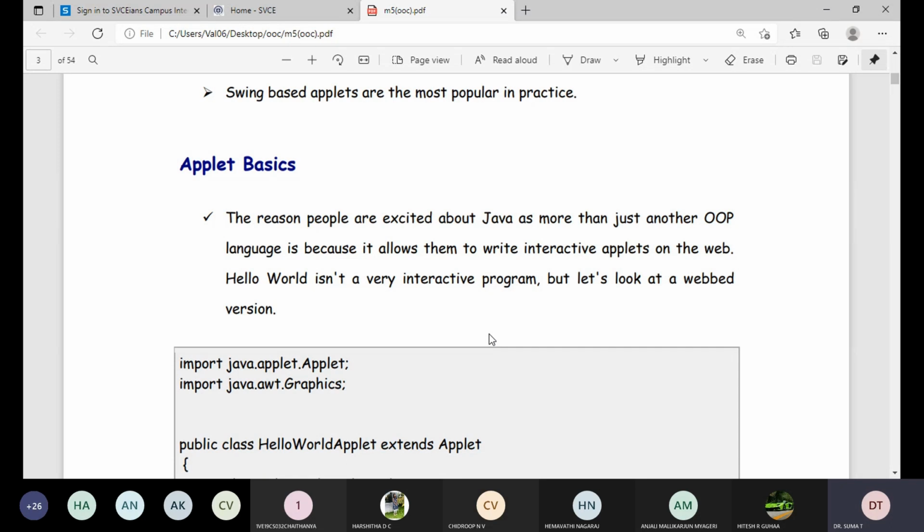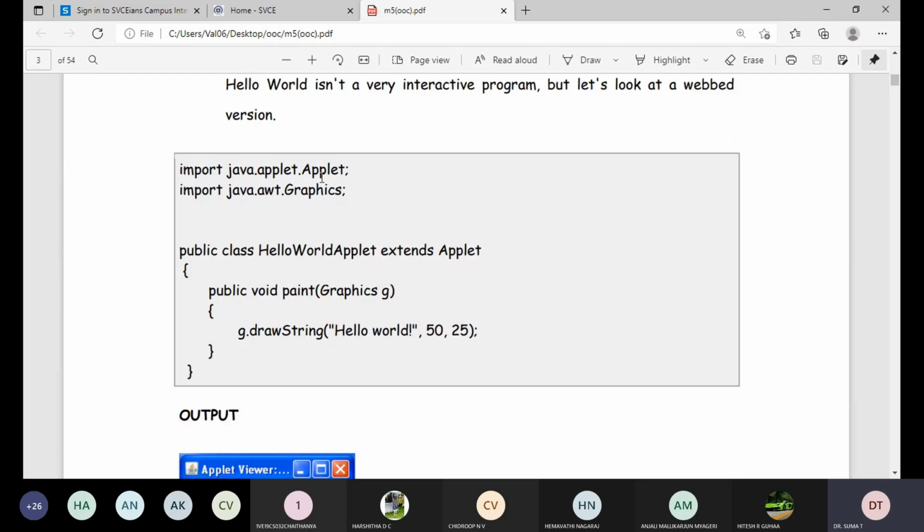Hello World is not a very interactive program, but let's look at a web version. See here: import java.applet.Applet. Applet is the main class, and we are going to import the AWT package, which is a graphical user interface package, and public class HelloWorldApplet extends Applet.